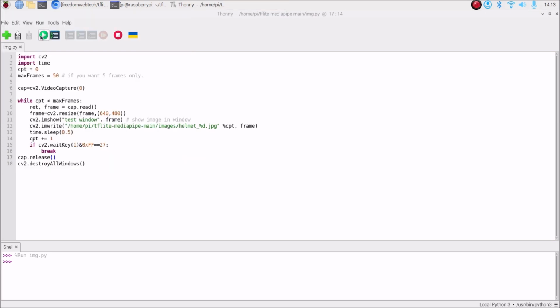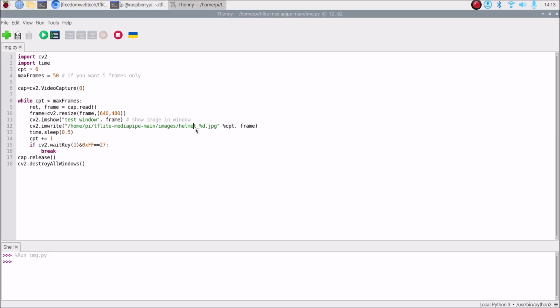So friends, as you can see, I have captured the helmet images. Now I will capture the no helmet images. No helmet. Simple. So now just save the code, and if I start the code,